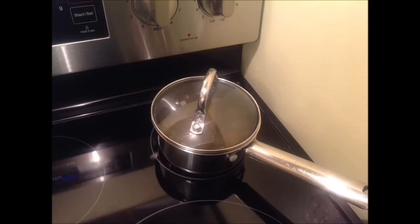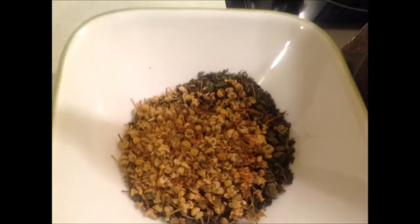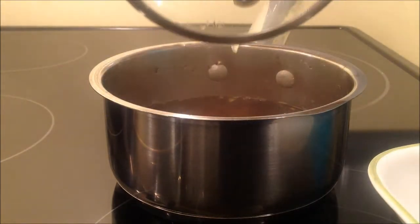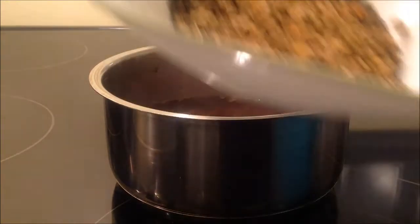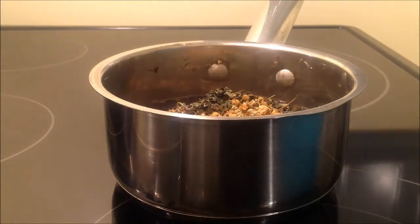While that's simmering away, I'm going to take the remaining two herbs I have in this remedy. I'm going to take the chamomile flowers and the nettles. I'm going to take a quarter cup of each of them, measure them out, and put them aside. After the half hour is come and gone, I'm going to be careful. I'm going to take the top off because everything's going to be hot, and I'm going to stir in my remaining herbs into the